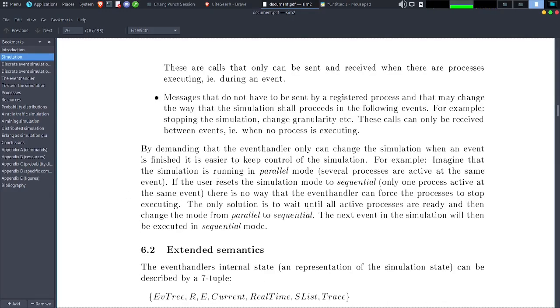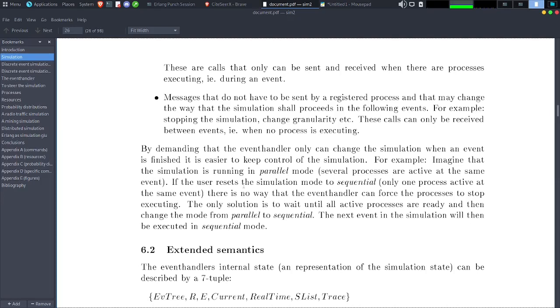By demanding that the event handler only can change the simulation when an event is finished, it is easier to keep control of the simulation. For example, imagine that the simulation is running in parallel mode. Several processes are active at the same event.